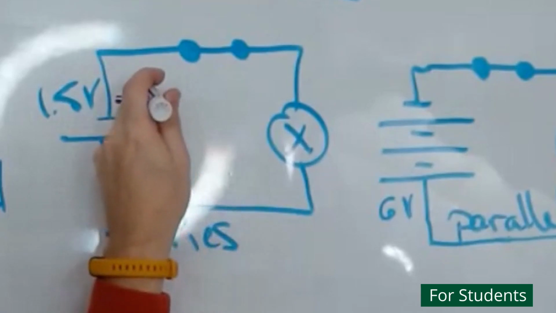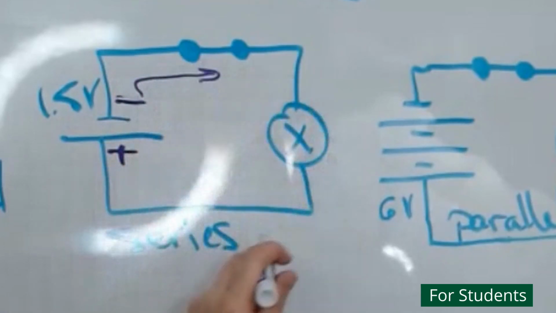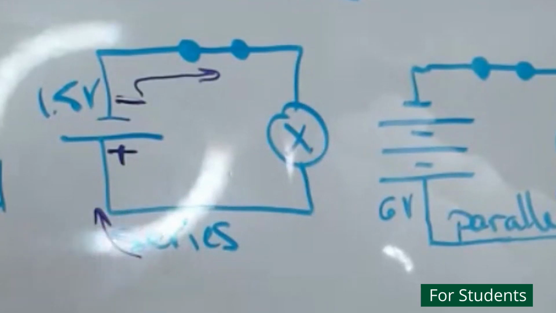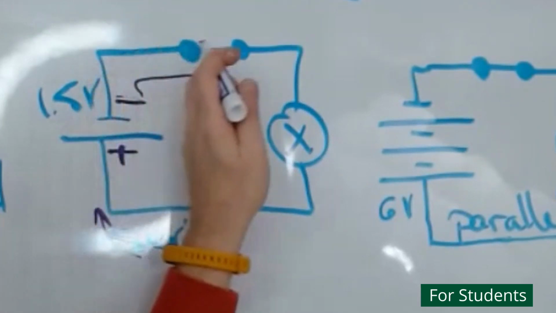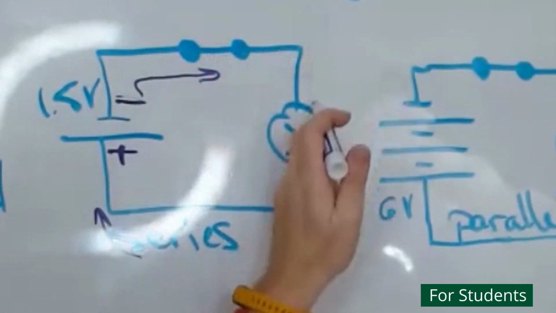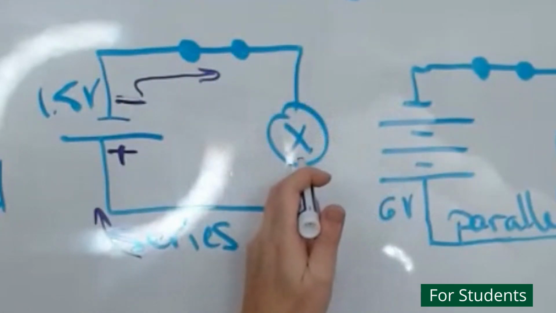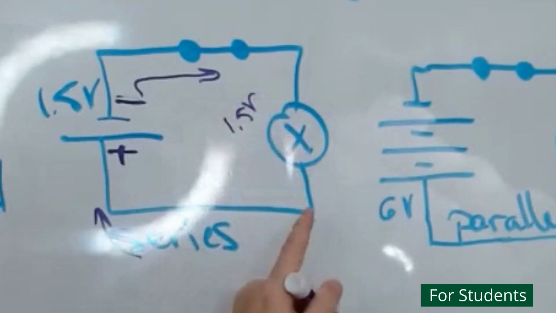The electrons are moving this way from the negative side towards the positive side, like this. All the electrons are getting their energy here, going through the switch. This one is closed, therefore the electrons can go through and drop all of the energy in the bulb here. So here you would have 1.5 volt of energy being dropped here